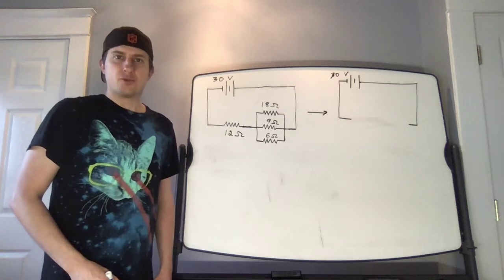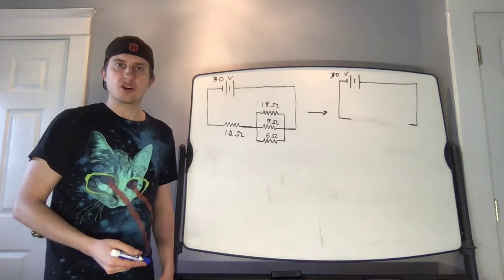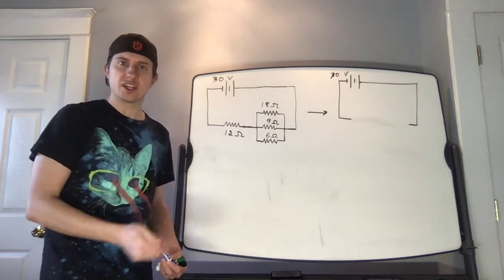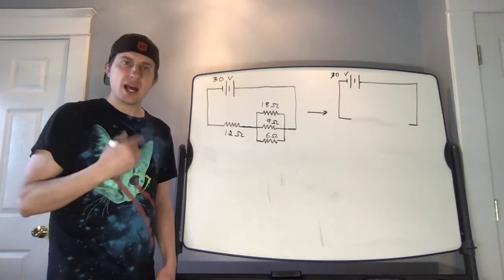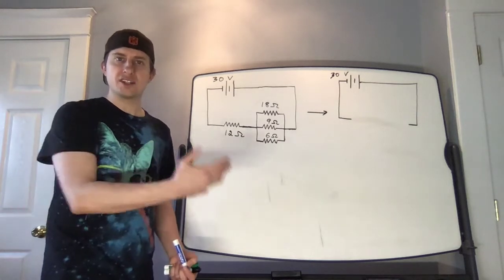In this first example problem, we have a circuit containing 4 resistors, and we are asked to determine the equivalent resistance of these 4 resistors and to find the current that is flowing through the 18 ohm resistor. When I look at these 4 resistors, I recognize that these 4 resistors together are neither in series nor in